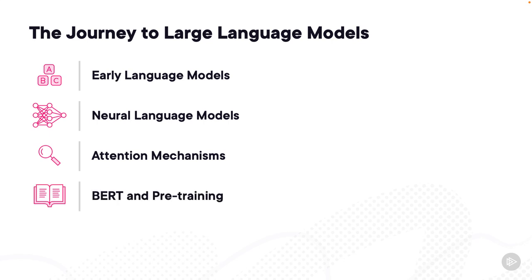Then in 2018, Google's BERT, which stands for Bidirectional Encoder Representations from Transformers, demonstrated the power of large scale pre-training on a variety of language understanding tasks, which marked the shift towards unsupervised pre-training, followed by fine-tuning for specific tasks, which led to OpenAI's GPT series, starting with GPT-1 in 2018 and then continuing all the way into the models that we know now. I'll talk about the evolution of the GPT family in an upcoming clip.